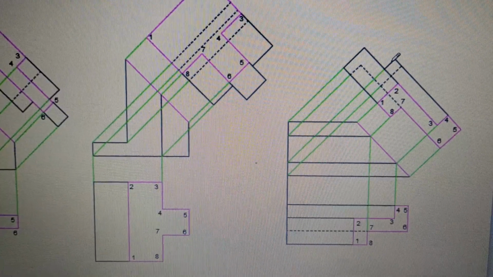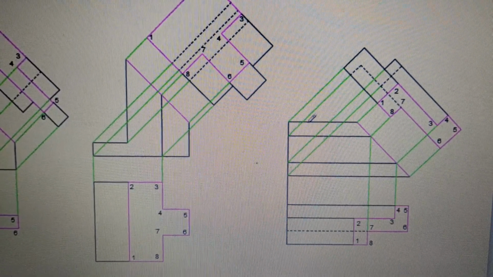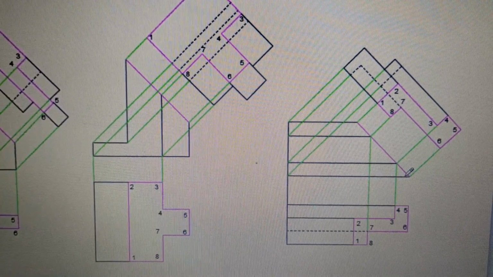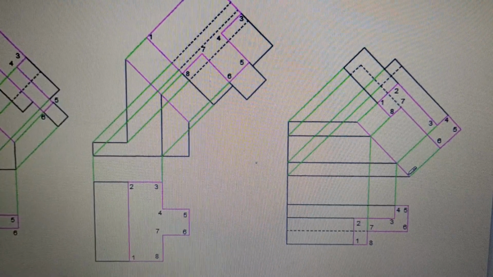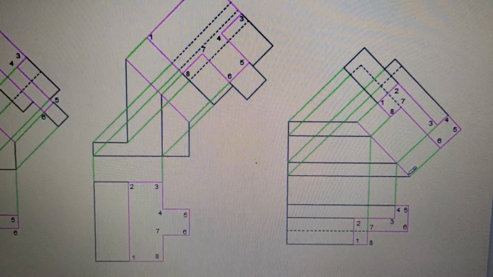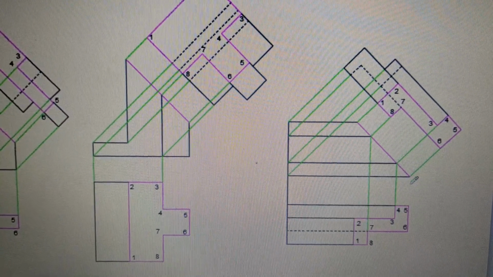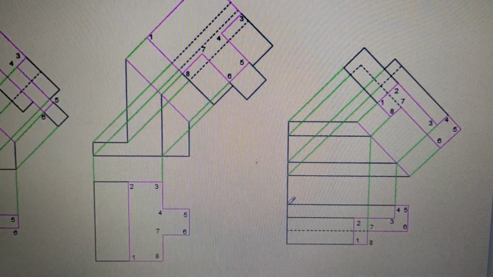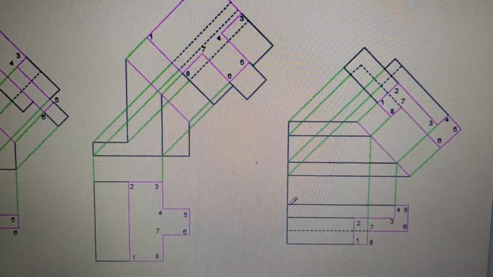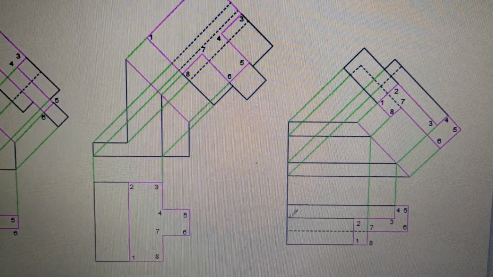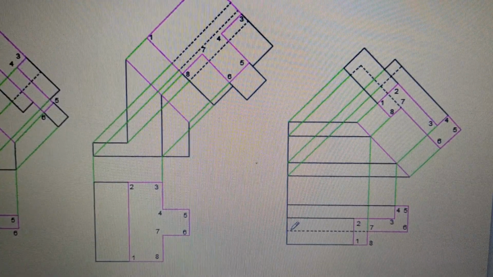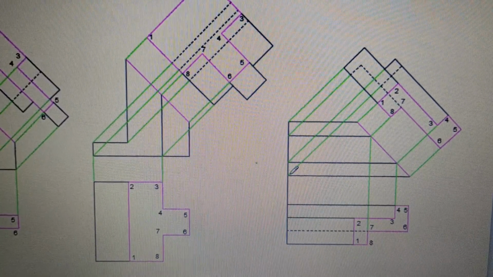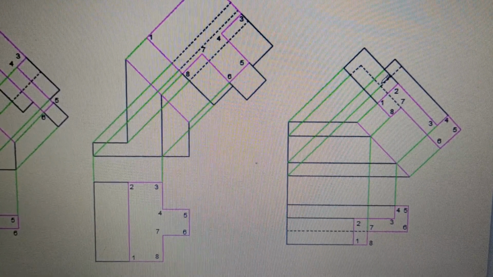So we are drawing one rectangle at a time. We have drawn this rectangle, we have drawn this rectangle, and this base rectangle which is there, that is 5 6. Now where is that rectangle which we have to draw? That rectangle 5 6 we have already drawn. This is 5 6, and this end of the rectangle 5 6. Now where is 5 here? This is 5 and this is 6. So that is drawn here.